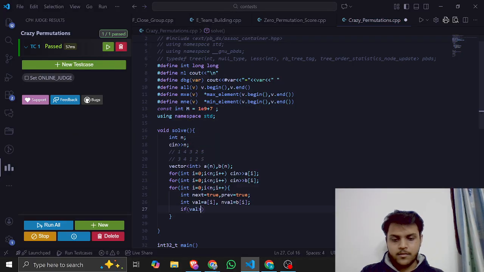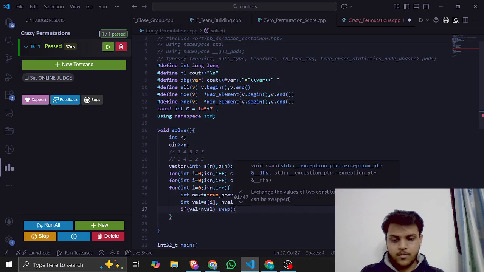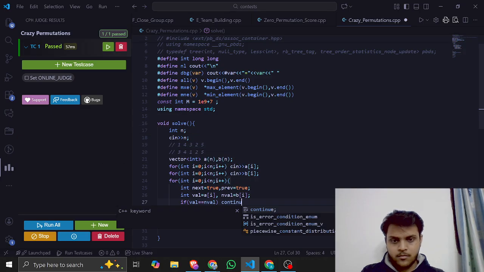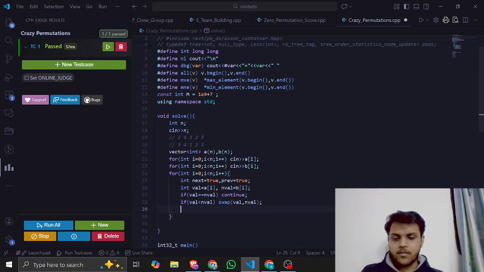If val is less than and val, then swap. First of all, if both are equal, we can continue. Now, if I have to transform, if i is greater than 0,